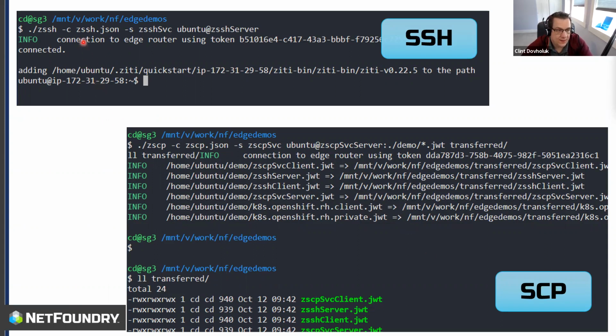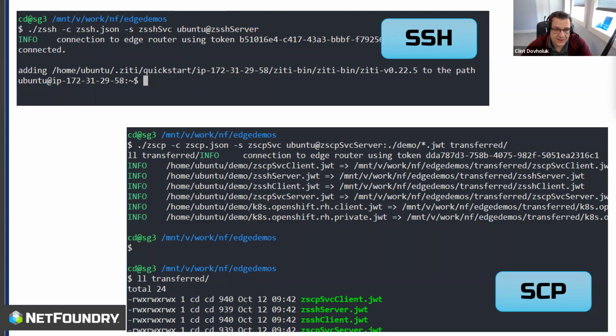which is up here, you can see I am ZSSHing, providing that strong identity file using the service that I want to use. And then I'm providing the username of the remote machine and the remote machine I want to SSH to. Looks just like regular SSH minus some of the stuff over here, right? What the user is, where I want to SSH to. Only take note of that